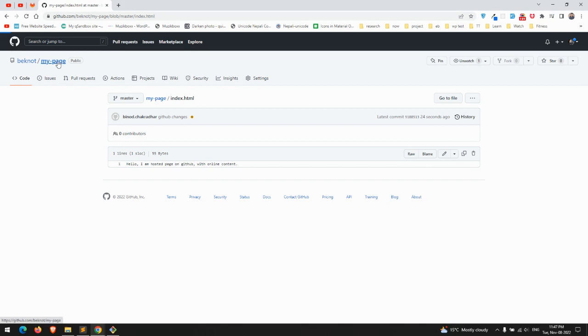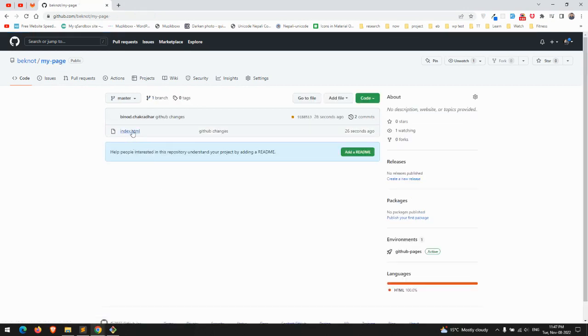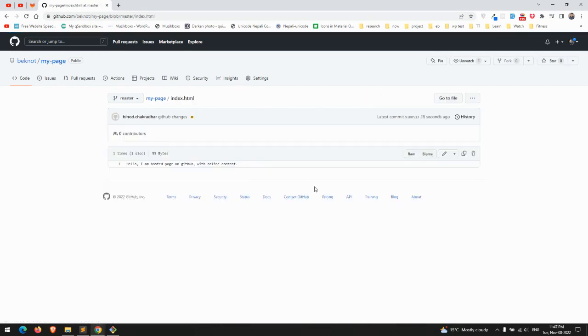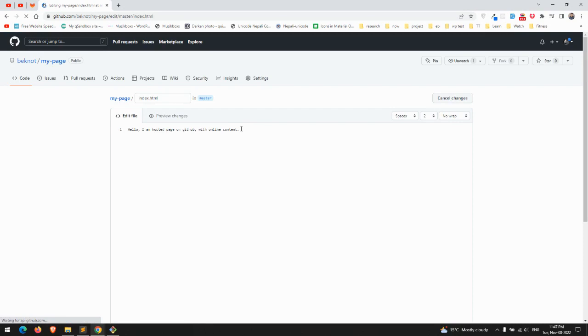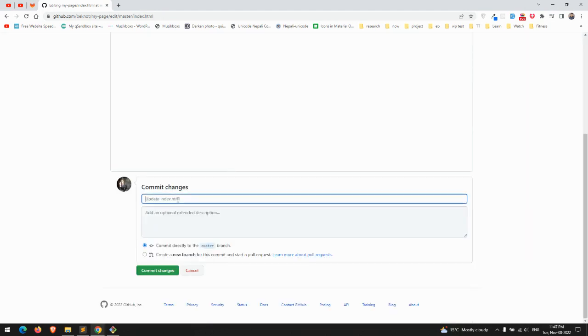Now go to your repository, click on the document file you want to update or change. Now click on this pencil icon that is edit this file. Now you can write content on the GitHub website. Anything you want to change on this file, just type on it and go to the bottom and write your